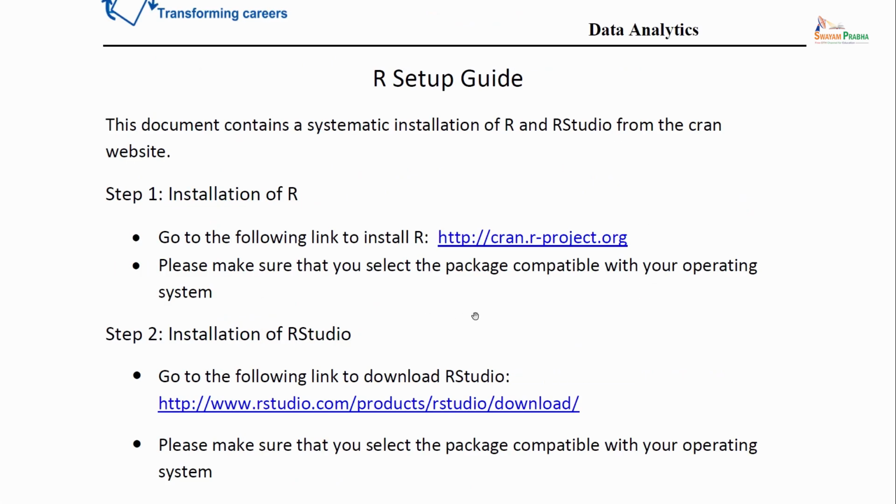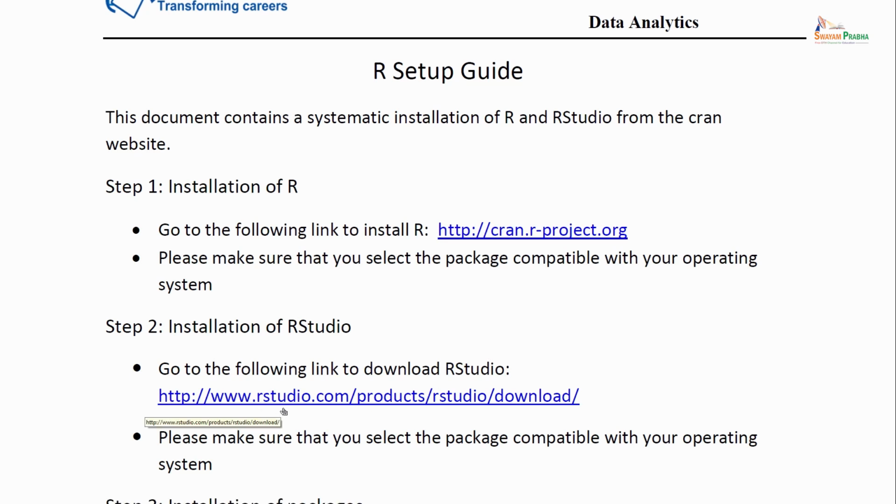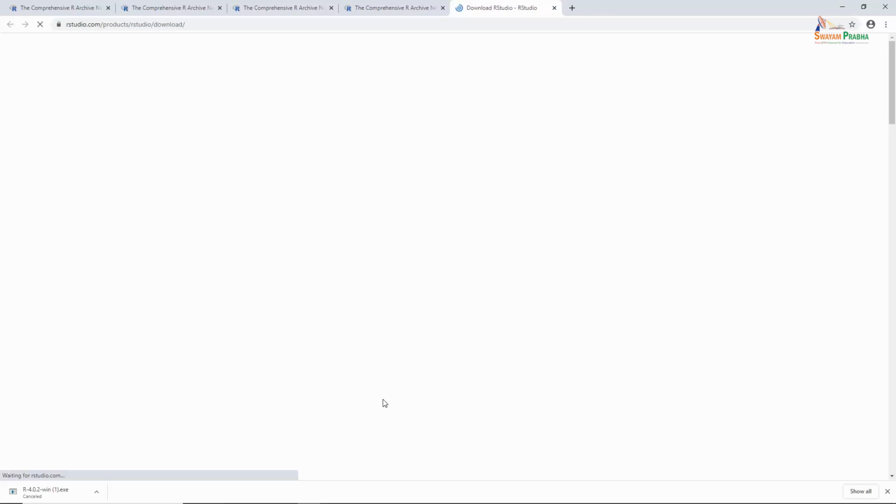The second step is the installation of RStudio. To install RStudio, go to the following link: rstudio.com/products/rstudio/download/. Here also you have to make sure that you select the package compatible with your operating system. By clicking on this,